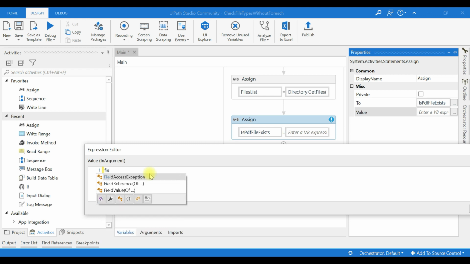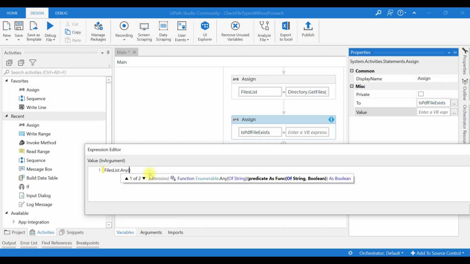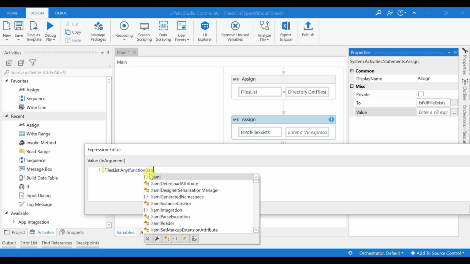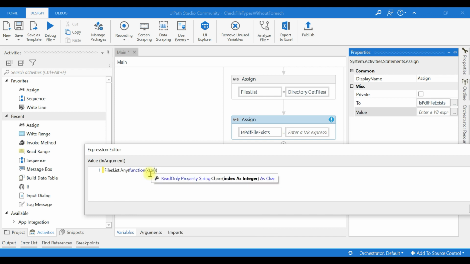So filesList dot Any function, with the object reference x, x dot star dot PDF.